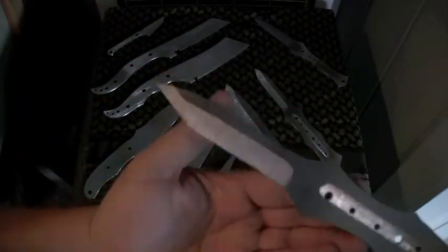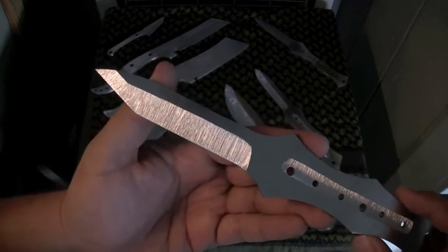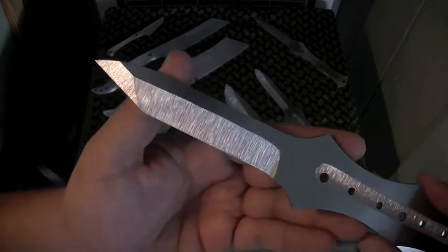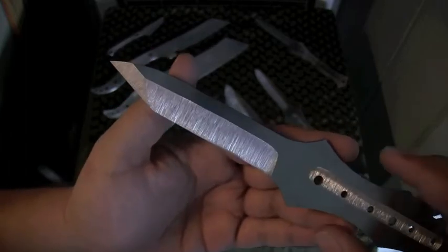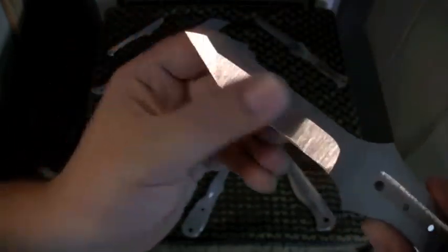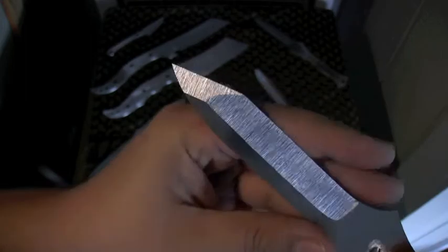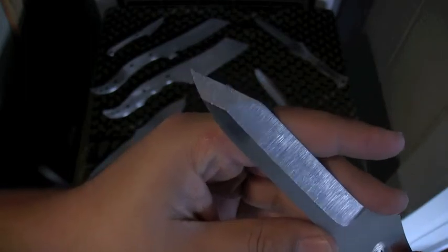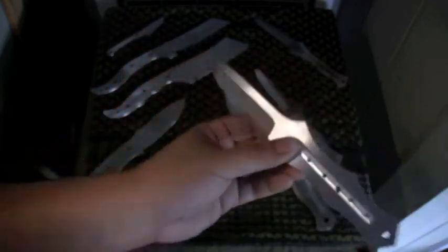Here's one of the other dive knives. Usually I start off with one design, and then as I'm working I always think of something new. So this one I kind of put like a, I don't know, reverse tanto grind, I guess you want to call it, something different. So it's both hollow grinds, and it has like a little different edge up there. I don't know, I figured I'd just try something out. I only made 2 of these, so